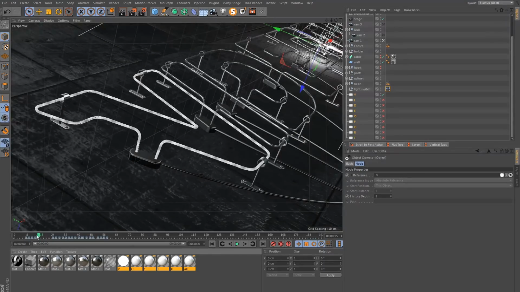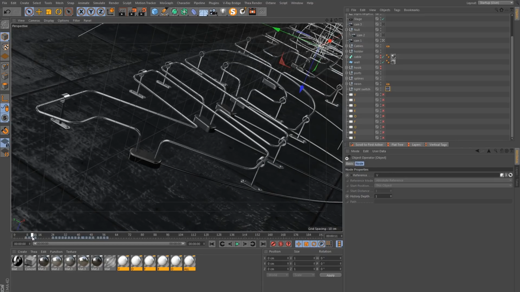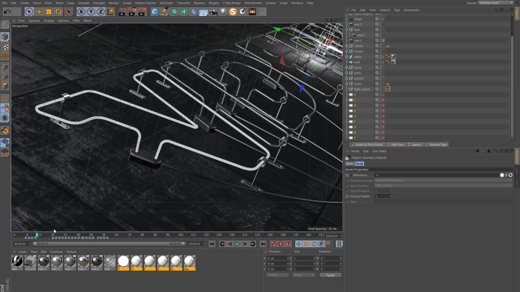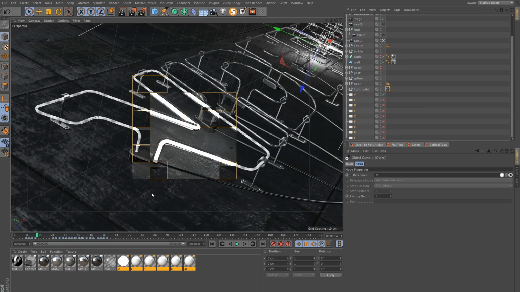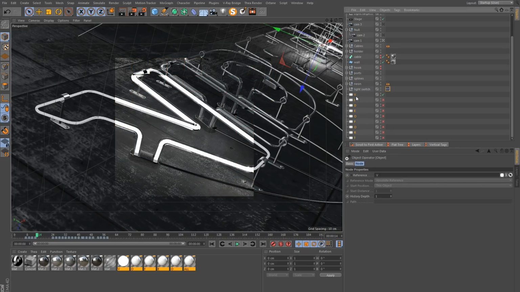So now you will see that at the beginning, even though the light in the scene is represented over here, when you render, it will actually be over the correct place. So if I start with the V, it looks as if it's over there, but when I render, it will be around the correct area. And you can see that this is the only light which has so far been enabled.